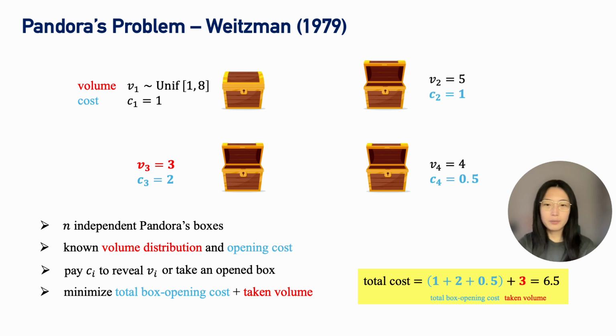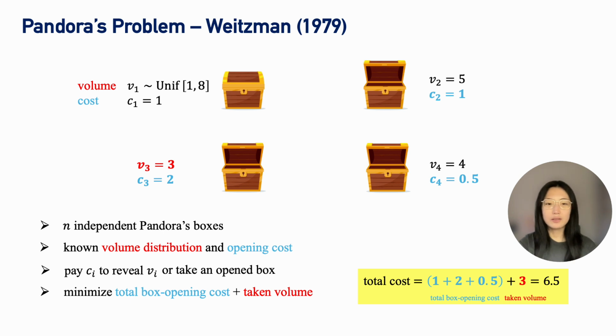And in this example, we have the total opening cost C2 plus C3 plus C4, and then plus the taken volume, which is V3 equals 3. So the total cost is 6.5. And this problem indeed characterizes lots of real-life scenarios. For example, if you want to buy something and only know its rough price in each market, you need to pay some effort to visit the shops in order to see the true prices. And definitely you want to buy at the lowest price, but you cannot visit all the shops due to some time or traffic costs. So the key challenge of this task is to trade off between the exploration cost and